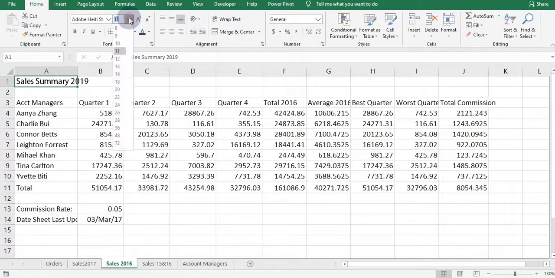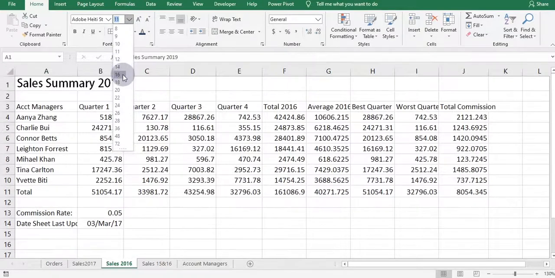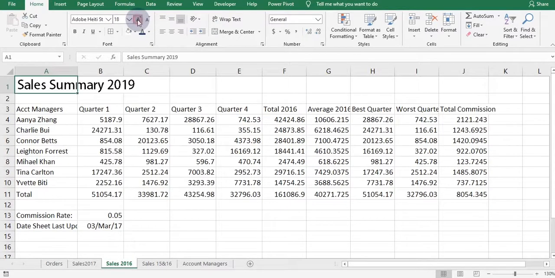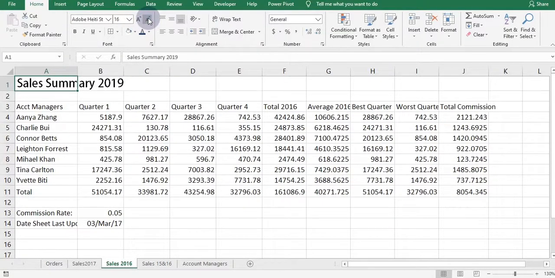Now this is the font size option. I want its size to be, for example, 16 as it's my heading, and this is the increase font size option, and this is the decrease font size option. By clicking onto it, my font size increases by 2, and by clicking onto this, my font size decreases by 2. These are the bold option, as its name says, it bolds it down, and then this is italic, and then this is underline. But I don't want it to be underlined or italics, so I would simply click onto it and they are removed. For example, like this.